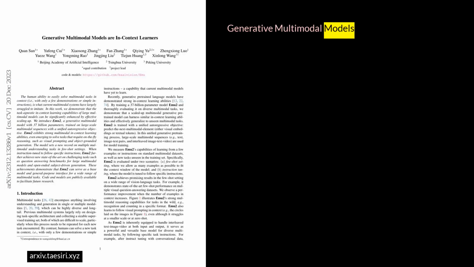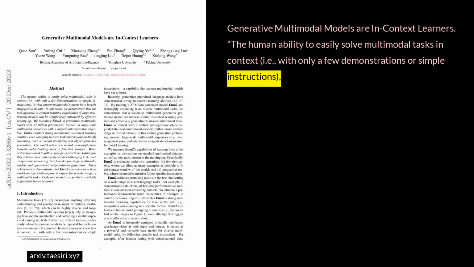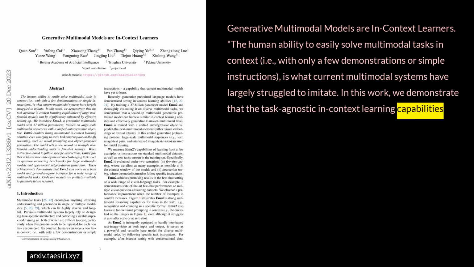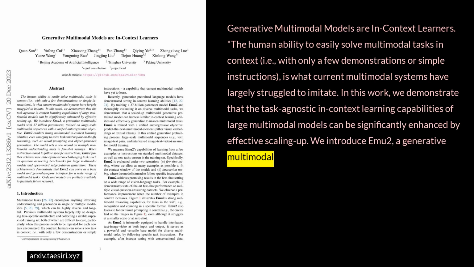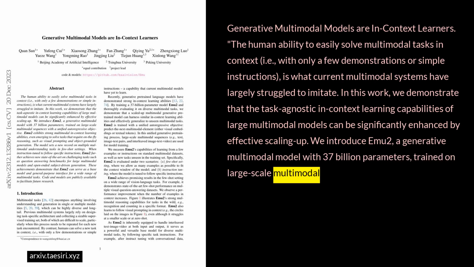Generative multimodal models are in-context learners. The human ability to easily solve multimodal tasks in context, that is, with only a few demonstrations or simple instructions, is what current multimodal systems have largely struggled to imitate. In this work, we demonstrate that the task-agnostic, in-context learning capabilities of large multimodal models can be significantly enhanced by effective scaling up. We introduce EMU2, a generative multimodal model with 37 billion parameters, trained on large-scale multimodal sequences with